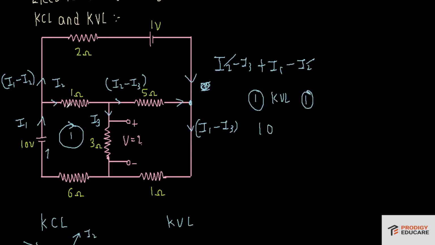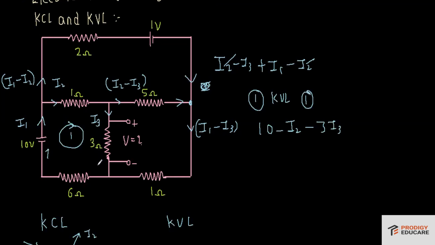Then we'll go like this. Now this is the direction of I2 and I'm moving in this direction, so there will be a potential drop. So I have to write minus R times the current. In this case, the value of resistance is 1, so 1 times I2 is anyways I2. So I'll write minus I2. Then I'm going in this direction, which is the same as I3. So I'll write minus resistance times current, so minus 3 times I3.